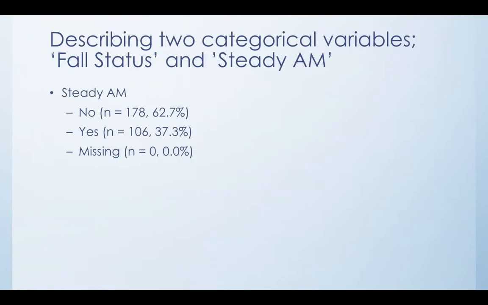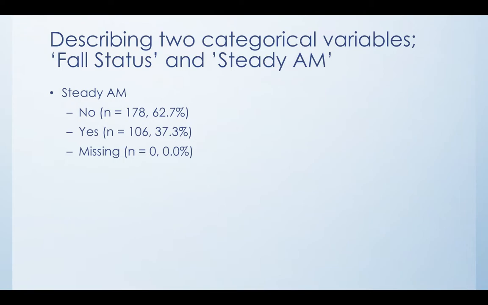Next thing we may want to get into, instead of looking at a quantitative variable over a categorical variable, we may want to examine the relationship between two categorical variables. Now, one of the questions, and I've got the questionnaire right here, says, do you feel unsteady, or do you need to hold on to something when you get out of bed in the morning? Well, when I was coding this, I called that steady AM, maybe for obvious reasons. So is there any relationship between the fall status and the response on do you feel unsteady